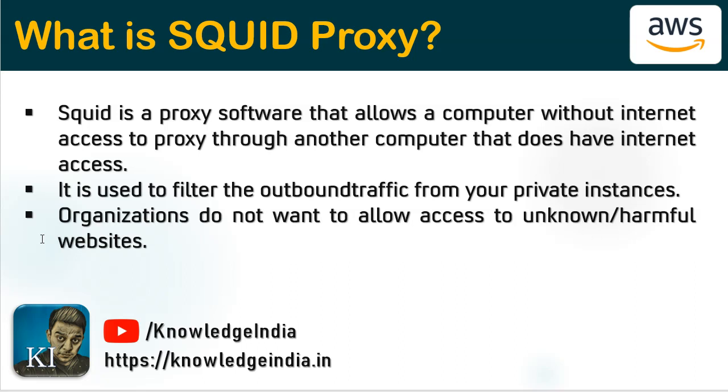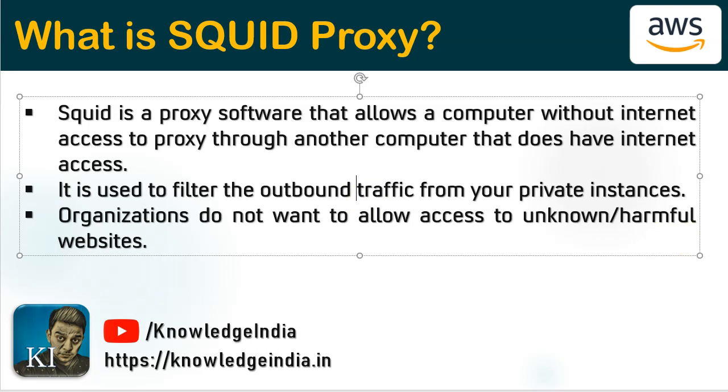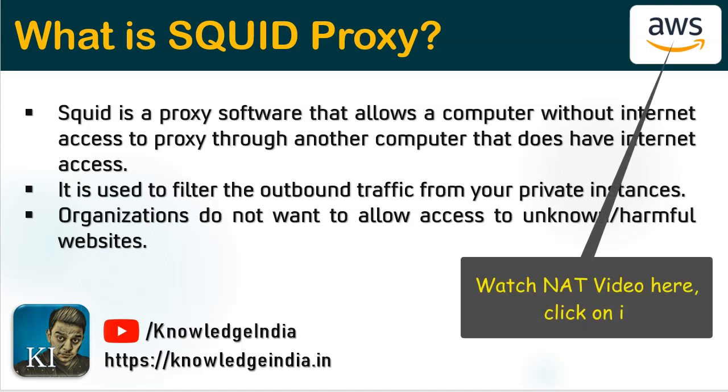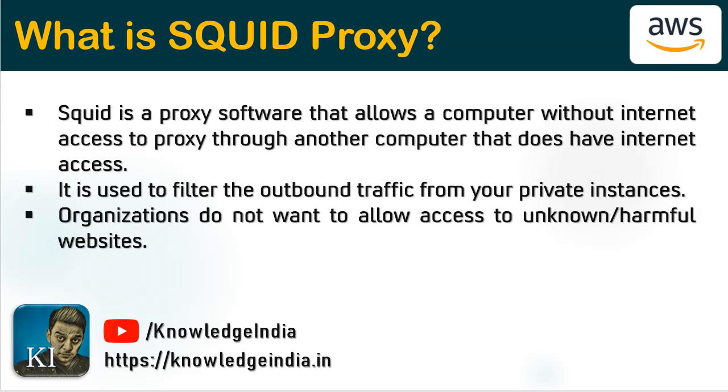In the same way, SQUID proxy is also there. But there is an important difference. The difference is that the NAT gateway or NAT instance doesn't allow you to filter the traffic based on website addresses, right? Though in case of NAT instances, you may apply some security group rules and you can filter based on port or IP address, right? But in NAT gateways, you do not even have security groups. But in both NAT gateways and NAT instances, there's no option for you to filter the traffic